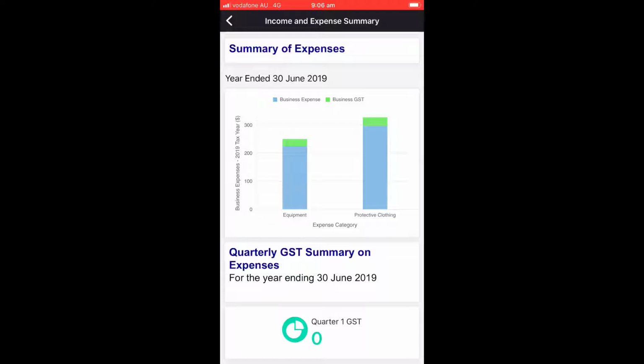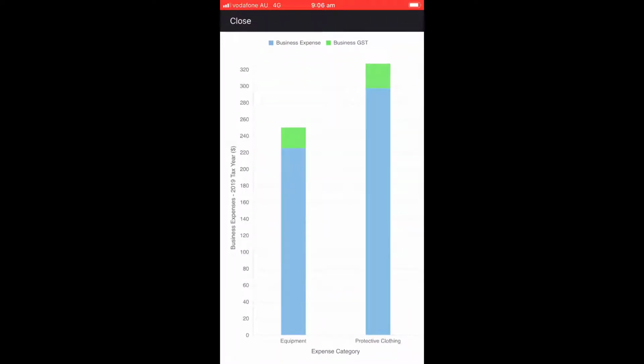If the grid gets a bit small, what you can do is just click on it and you'll notice that it's larger. If you really want to see what the actual amount is of that, you can just click on blue to see what the value of your business expense is. And there you'll see it's $225 for equipment. If you want to have a look at what the value is of the business GST,